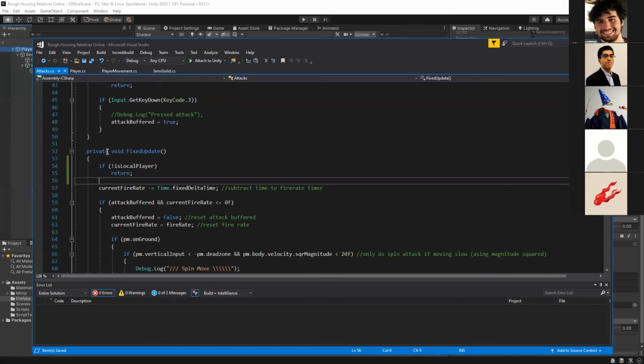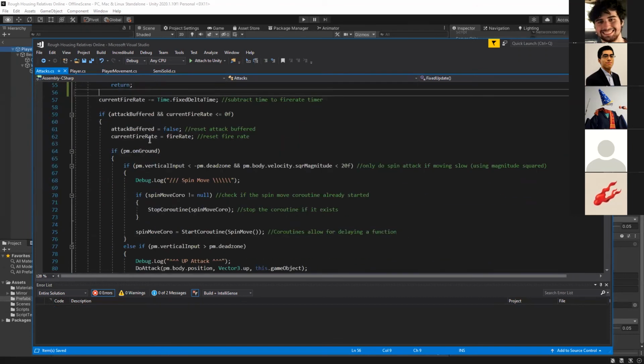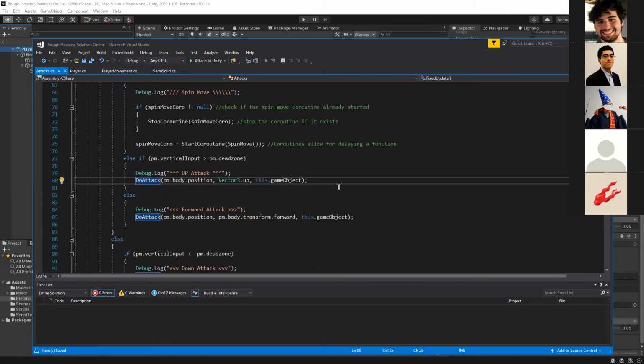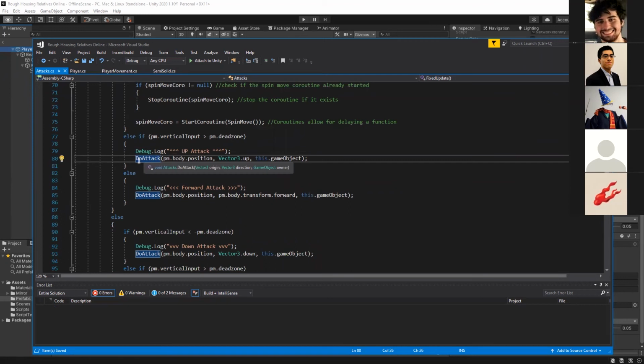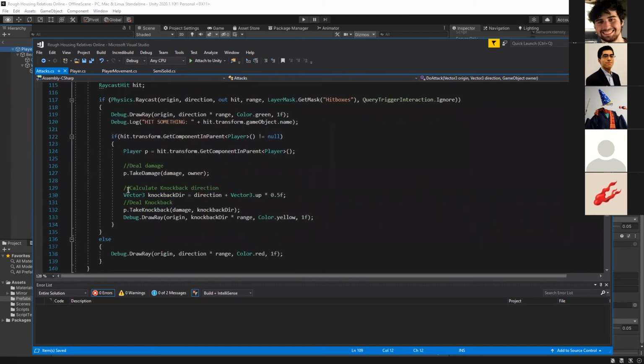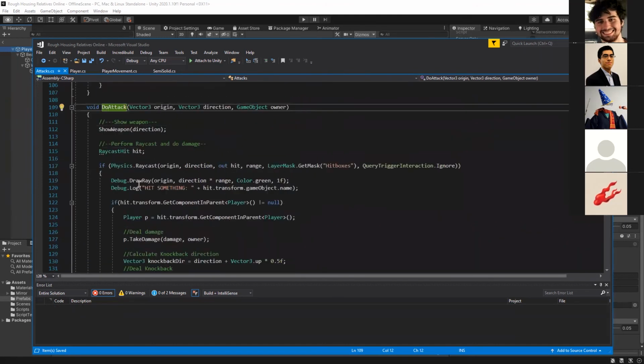So in our attack script, there's this function called do attack, and it takes an origin point, a direction, and then a last thing called the owner of the attack. We're not actually going to use the owner, but it's just there for future reference. So do attack is already set up as a function, and conveniently, it's already got everything we need to make this into a command.